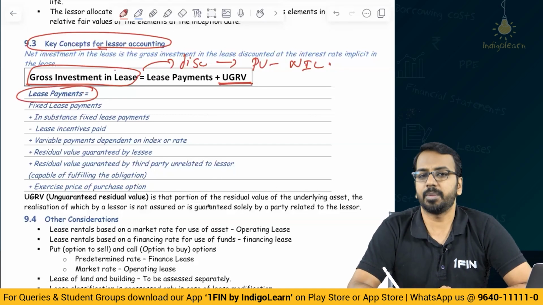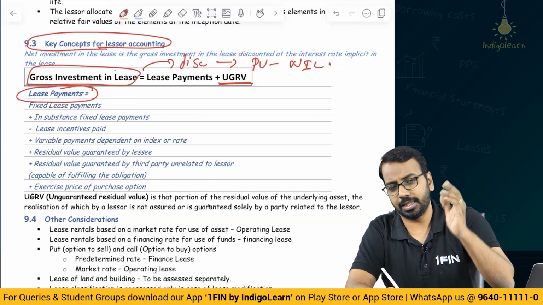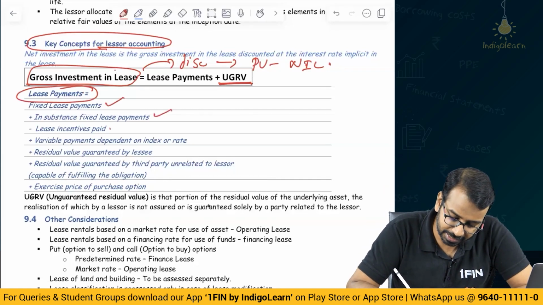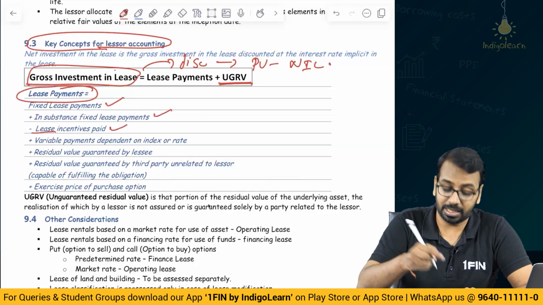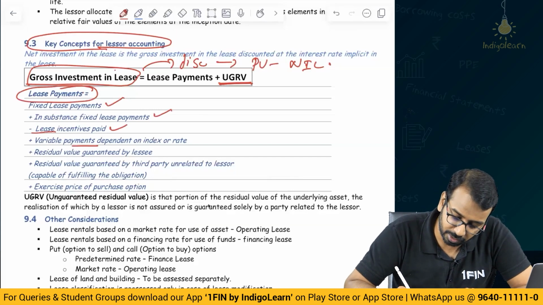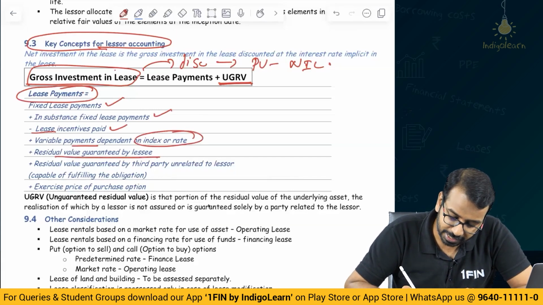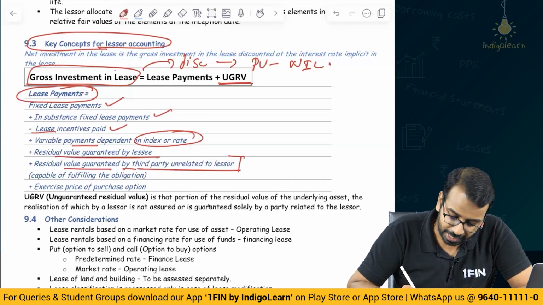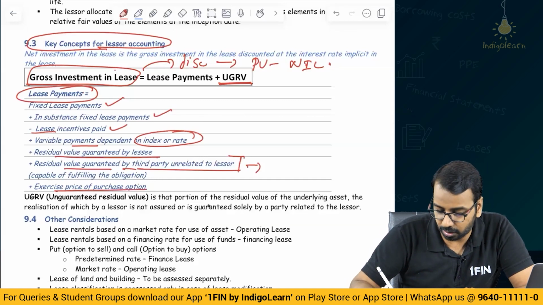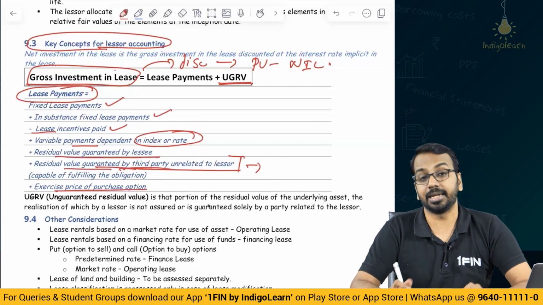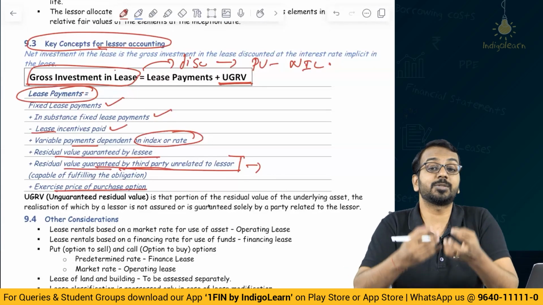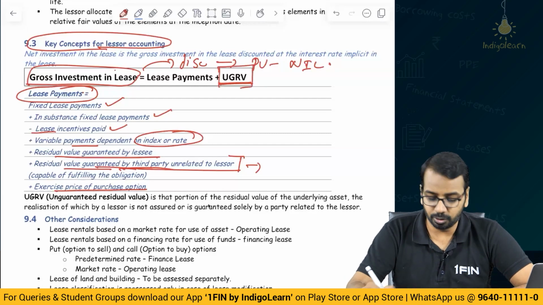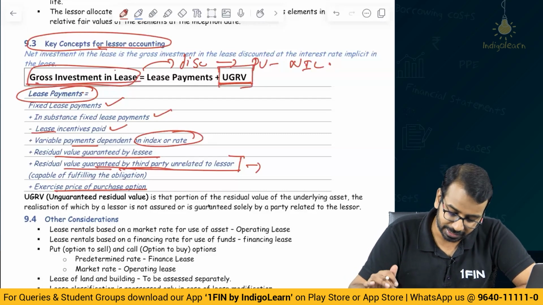residual value. Now, lease payments, when we say, the lessee will pay whatever the lessee will pay: fixed payments, in-substance fixed payments, any lease incentives that the lessor has to pay, that will reduce, variable payments dependent on index or rate, residual value guaranteed by lessee. Now, residual value guaranteed by a third party, which is not related to the lessor, and exercise price of purchase option. Now, only this thing got added, which is a third party who has guaranteed, but the lessor will receive. So, whatever lease payments the lessor expects to receive plus any unguaranteed residual value makes the gross investment in lease,